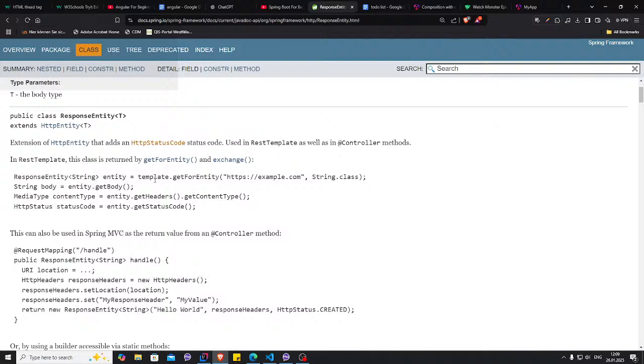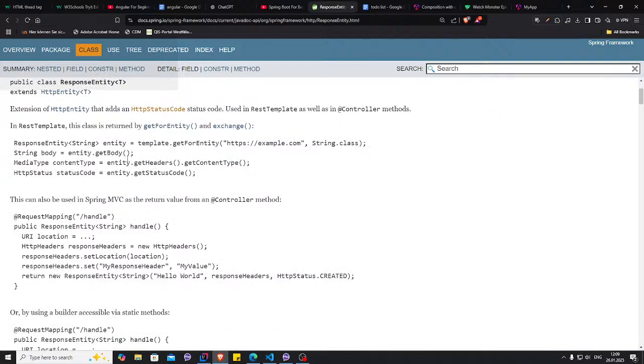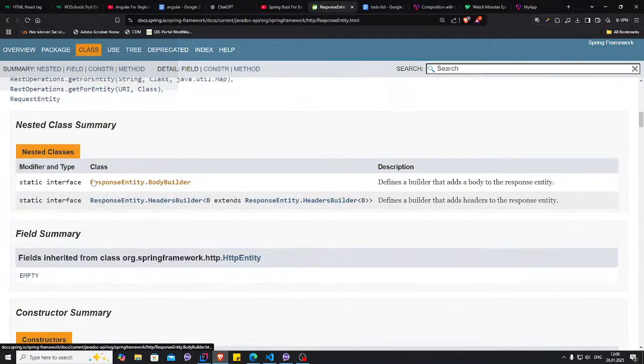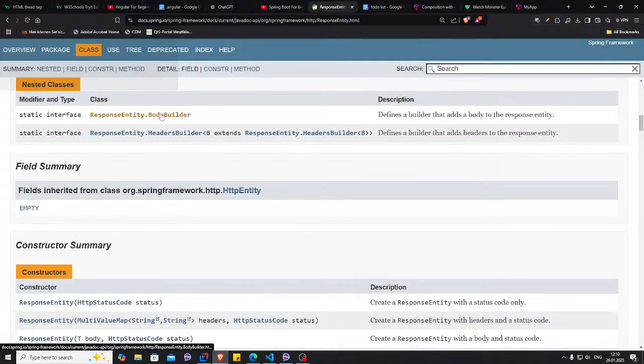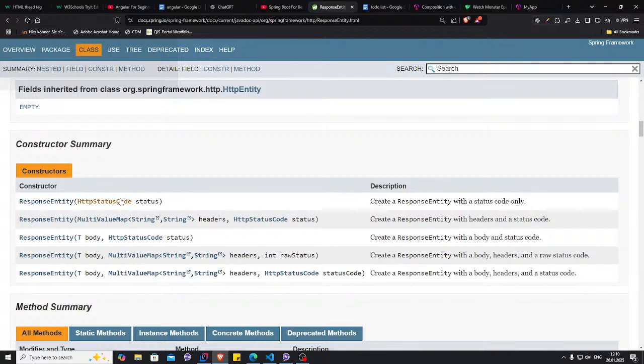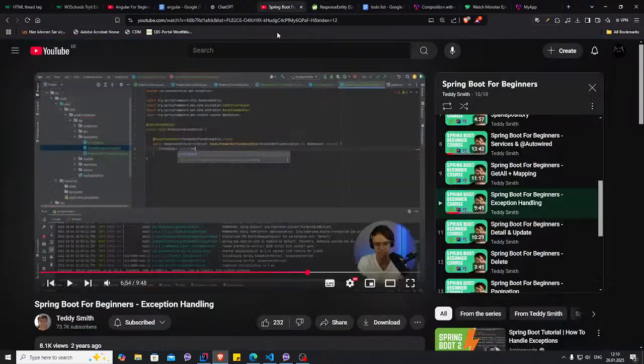We have ResponseEntity. I'm not interested in any of this, but in the class itself. We have the body builder, the header builder, the constructors. So how many constructors do we have? We have the HttpStatus code only, we have the MultiValueMap, the string and then string, one for the header and one for the HTTP status, one for the body and the status, body, header, and status code. So we have up to 1, 2, 3, 4, 5 constructors that we can use, and the one that we used here was